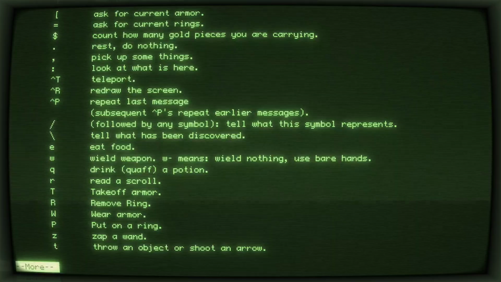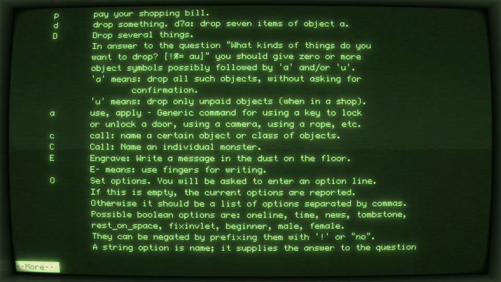This is one of the slightly unfortunate things about these old roguelikes, it does require a little bit of homework, a little bit of study time to really get familiar with everything you can do in the game. As you can see there, lowercase p for paying your shopping bill, so there's a little reference to the stores that are available. And you can call things names, you can engrave messages in the dust on the floor.